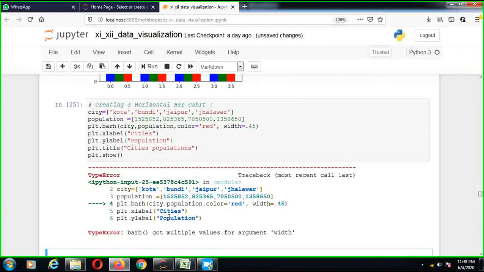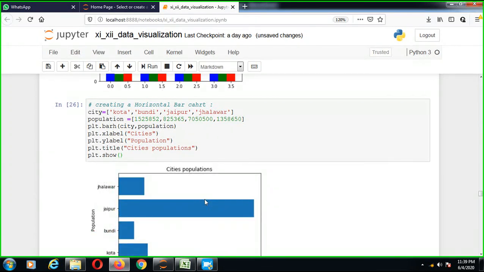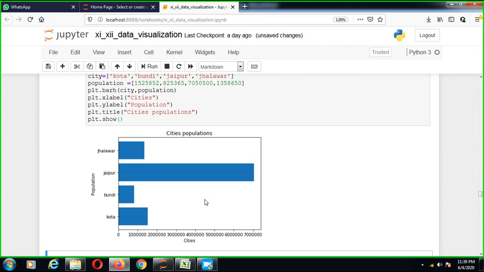The width command is not available here, we cannot add this command right now. So I'll just execute this code and you can see the bar graph. Different arguments we cannot attach on the horizontal side, so that is the bar chart we can print through the barh command.